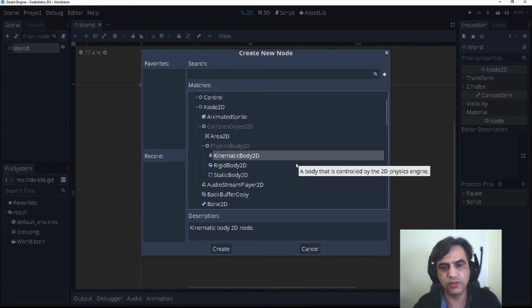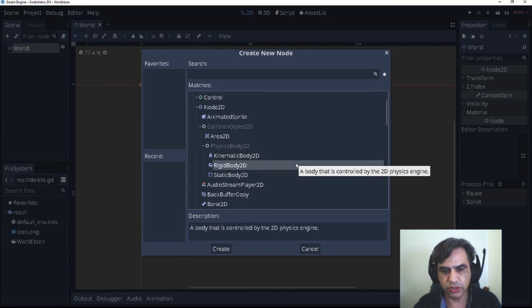So we have these three types of bodies. We have kinematic body, we have the rigid body, and we have static body. Today we are going to talk about kinematic and static body. Rigid body is to use all the physics of the Godot. It is a little bit more complex.